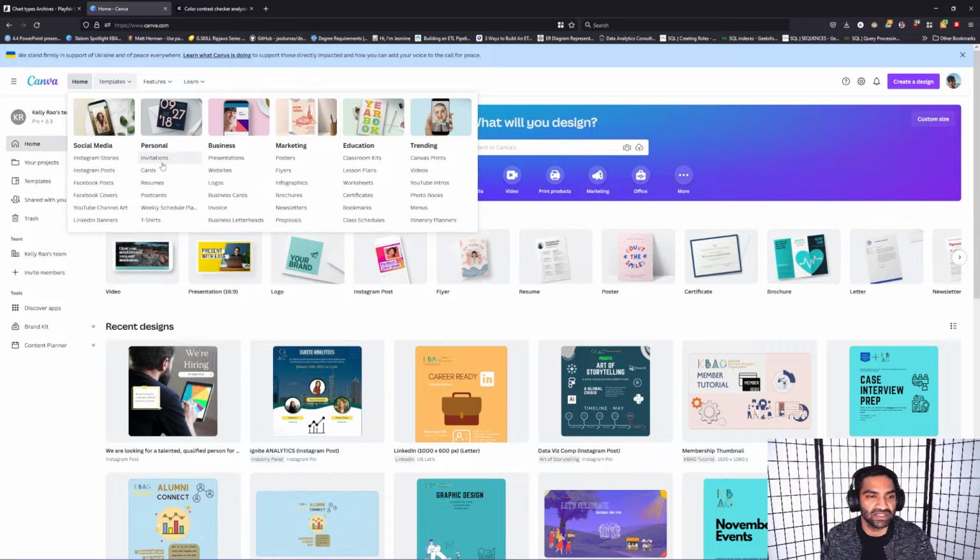We also have things like personal, which has invitations, cards, resumes, stuff like that. Business, so presentations, websites, logos, business cards, etc. And so personally, I've used most of the social media ones. I've also used some of the personal ones, business, and then some of the marketing ones. I haven't used any of the other ones like education or trending, but for marketing, infographics, flyers, and brochures seem to be the most easy or most useful